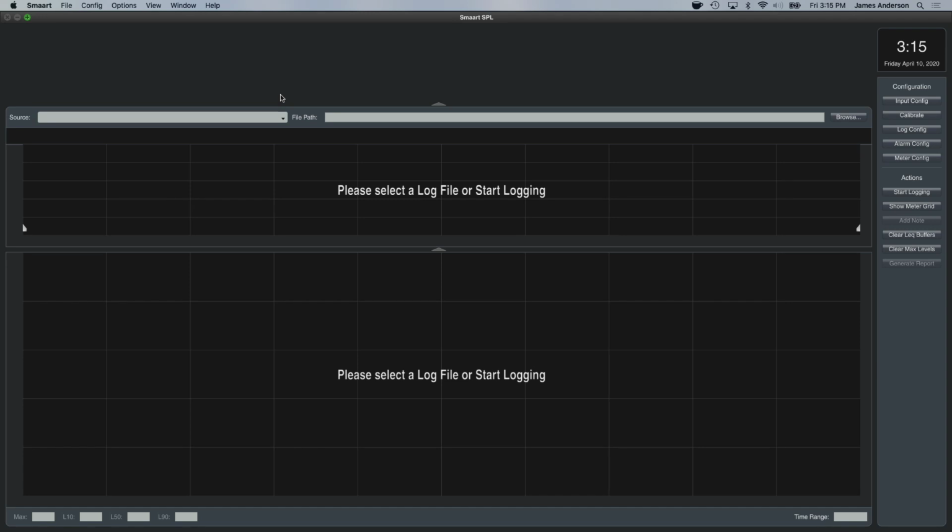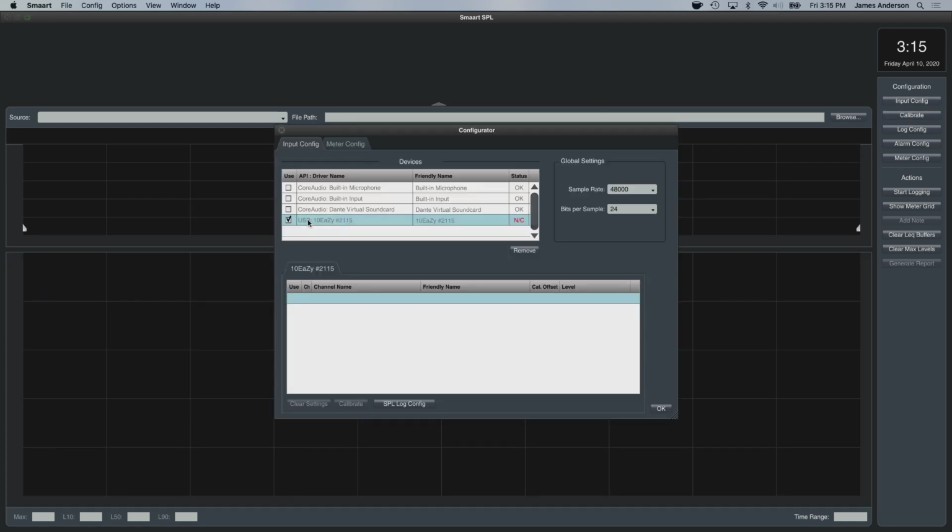So rather than having a plot area with RTA information or transfer function or impulse response information, we have an interface where our plot area is the navigation pane of the SPL history as well as the detail area. And then this top portion here is where we can see any calibrated input. So if I go to input config,